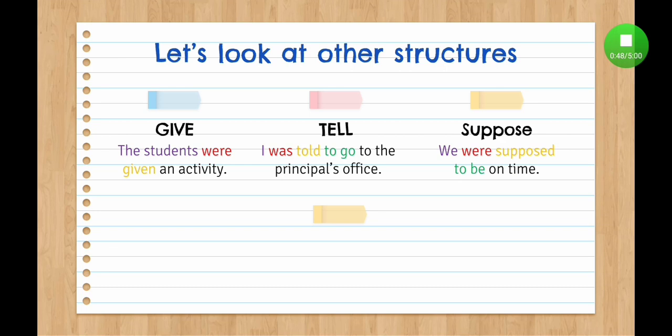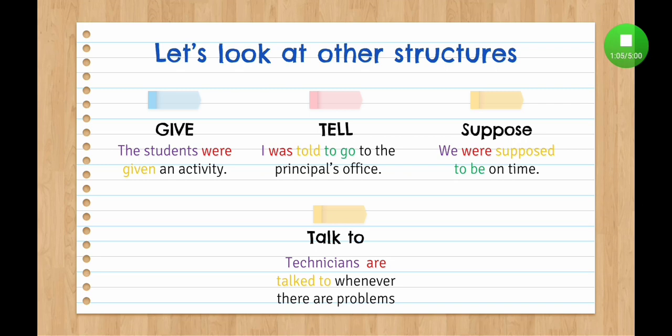The phrase says, we were supposed to be on time. But it can also be, we are supposed to be on time. Let's look at the last example. This example is a bit more difficult and is usually used in the current language that people use in native